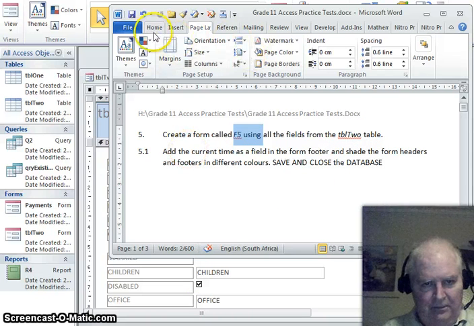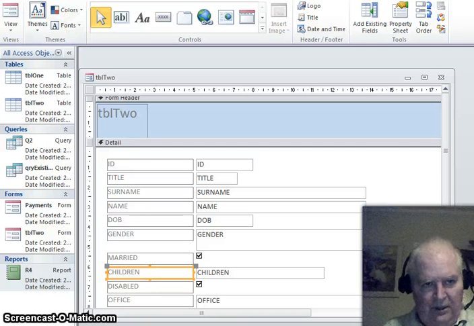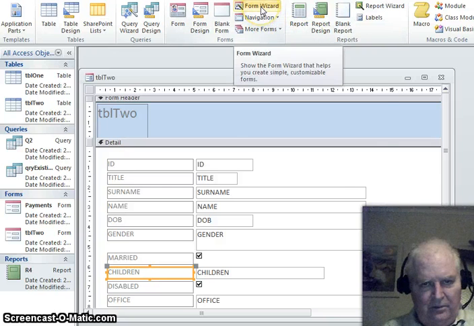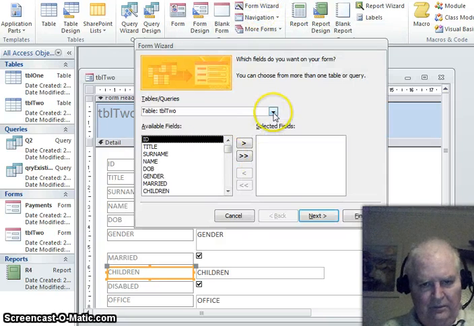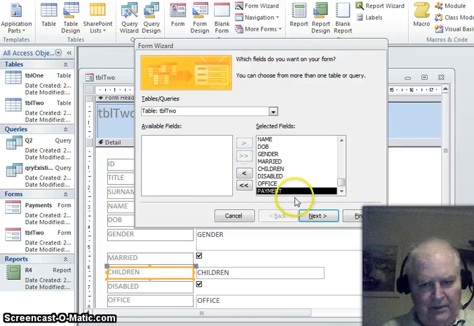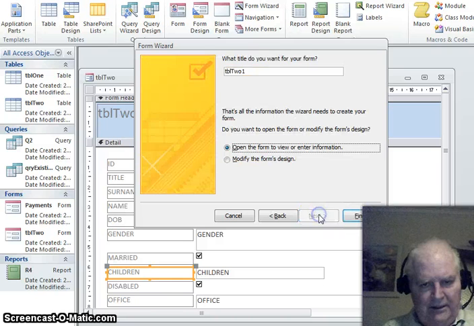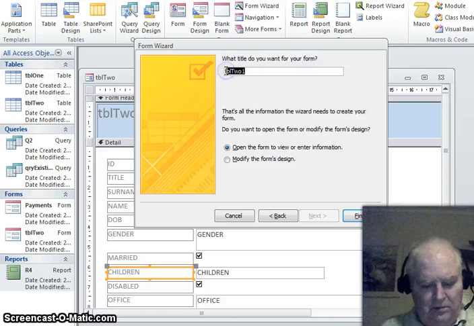So we're going to go the same route again in the database, and we're going to go to create, and we could create it from scratch, but it's just easier to use a wizard to create the basic form. So we're going to go to form wizard. From table 2 they want all the fields, so that makes it quite easy. They didn't specify anything else about the layout, so that's fine. And it's got to be called, which I should have noted, F5. Okay, F5 is the name of the form,